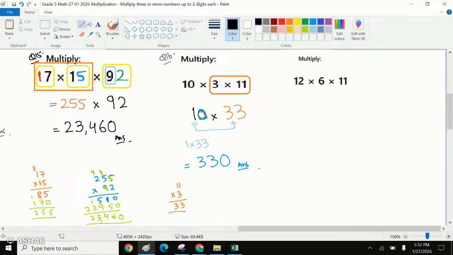Okay. The next question was question number 17. It says 12 multiplied by 6 multiplied by 11. We can do either way. We can do 12 multiplied by 6 first, then multiply by 11. 12 multiplied by 6: 6 times 2 is 12, we carry 1 on the 10. 6 times 1 is 6, plus 1 is 7. That means 72